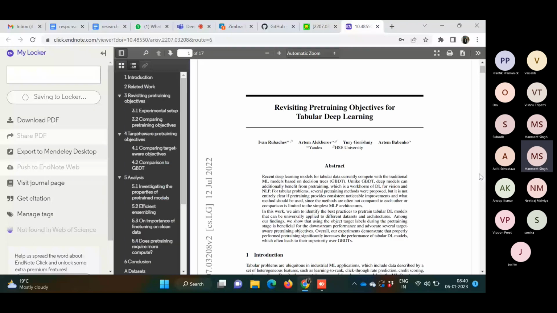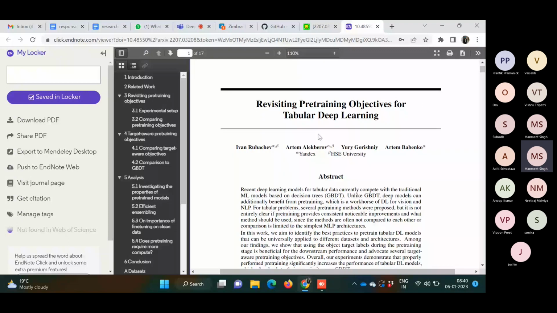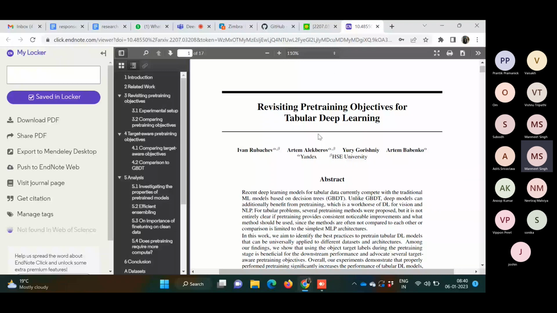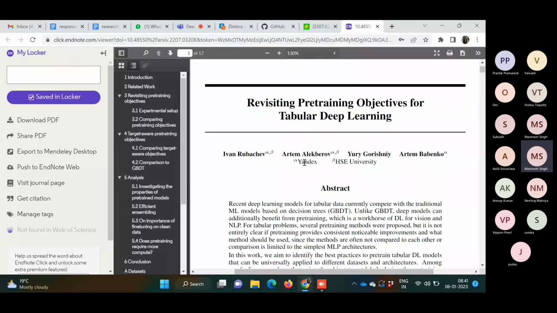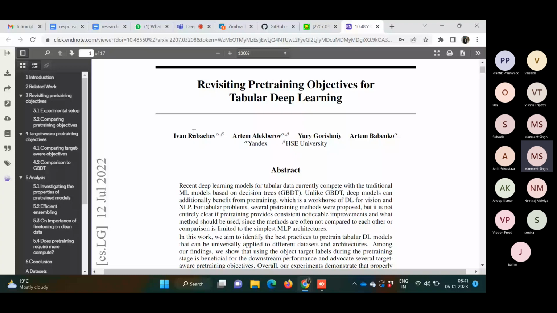So this paper is called Revisiting Pre-training Objectives for Tabular Deep Learning, and this is from this Russian group. Yandex, as a lot of you might know, is the search engine in Russia. And there is this university, National Research University Higher School of Economics, in Russia again. So these guys, Yuri and others, have been working a lot on tabular datasets for Kaggle